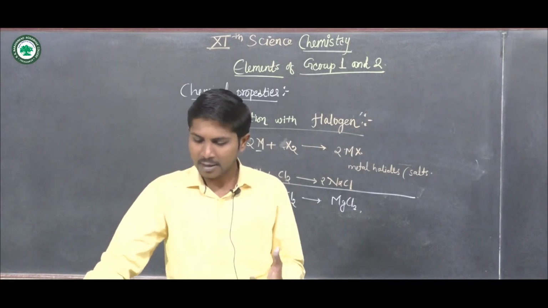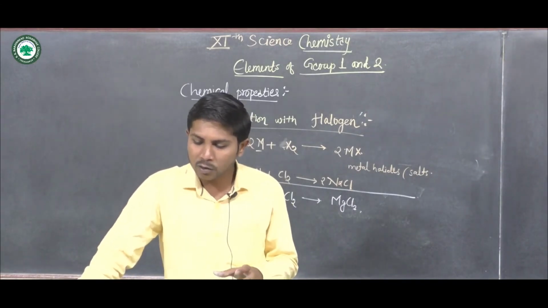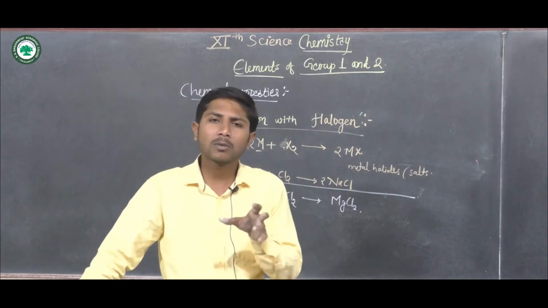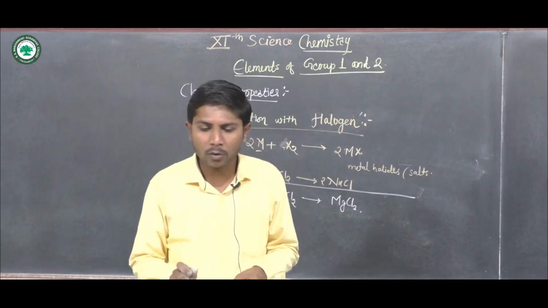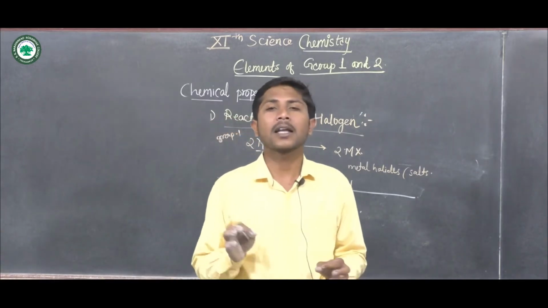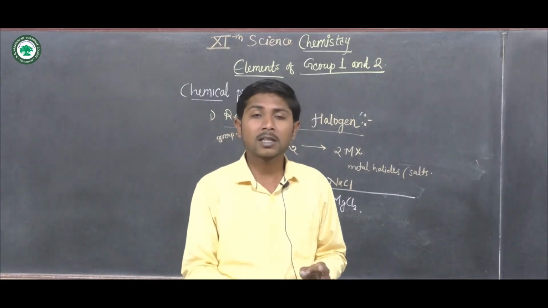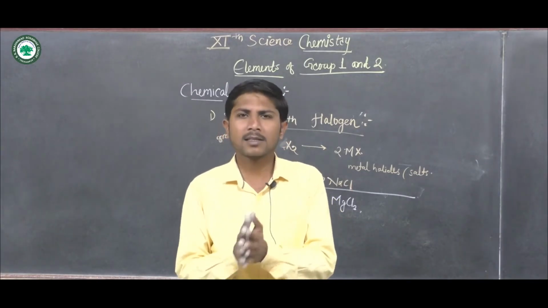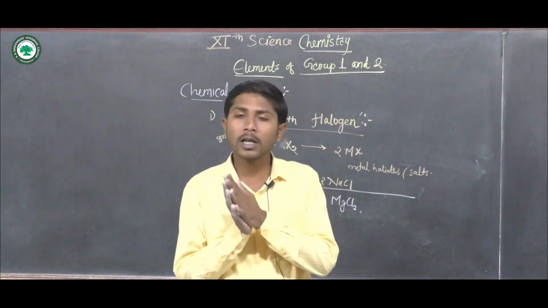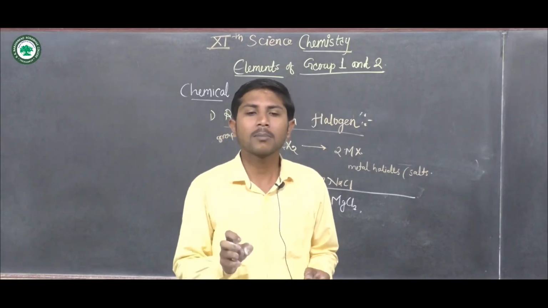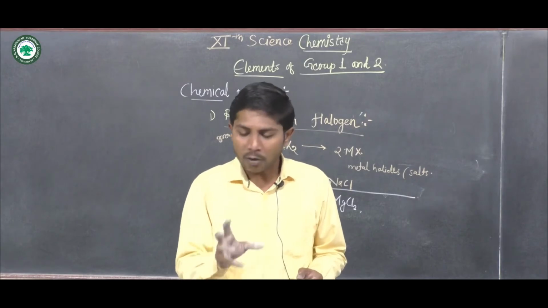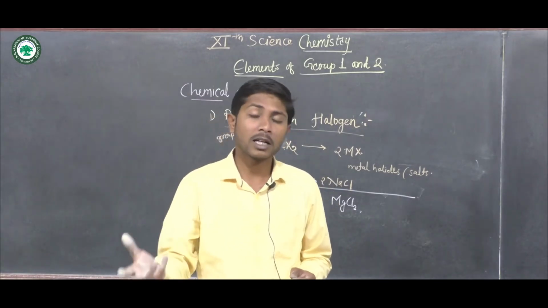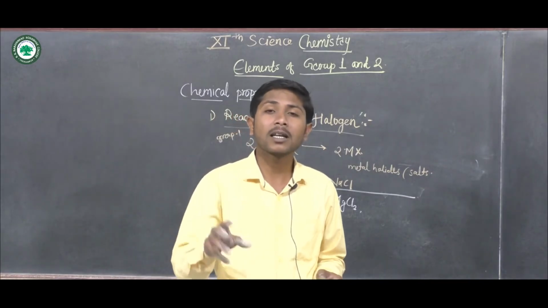These different kinds of reactions are shown by the elements of group first and second. We just have to note that these elements are highly reactive. What is the reason behind that? The lower ionization enthalpy, as there is a presence of only one or two electrons in their outermost orbit, so the amount of energy required to remove those electrons will be low as compared to the other elements, and as the atomic radius